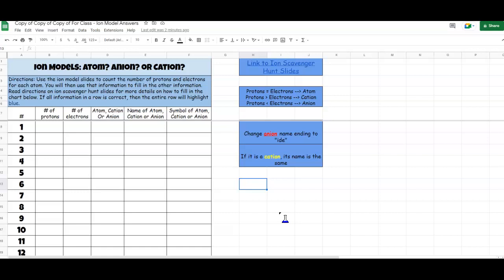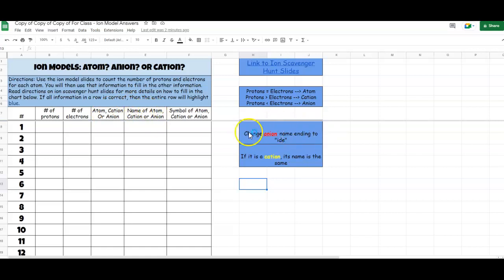We've gone over the difference between atoms and ions. Remember, anions are the negative ones, meaning they gain electrons. Cations are positive ions. So what you're going to do is, here are the card numbers. Just like before, you're going to count the number of protons and the number of electrons. Then based off of the protons and the electrons, you're going to say if it's an atom, a cation, or an anion. Then, this is something new, when we are naming the different atom, cation, or anion, you're going to